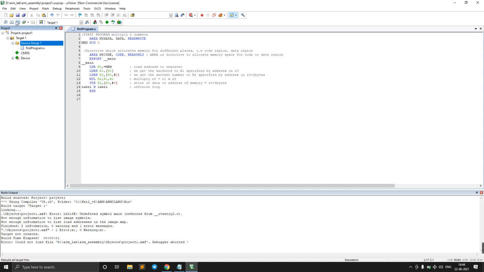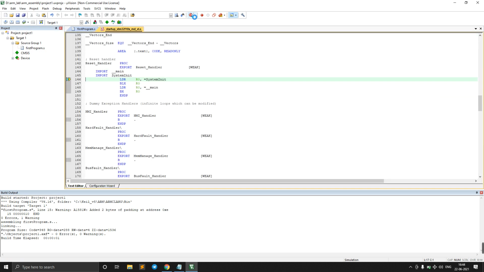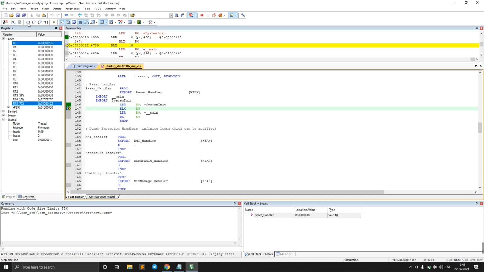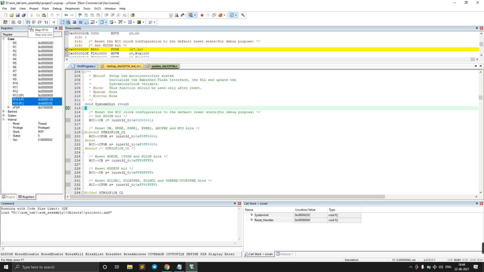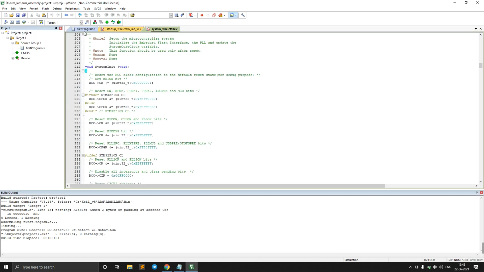So now if I build, and if I give the debug, then this will open the debug. But if we start running this file, it will open something like RCC, these configurations. It will not directly take us to our code. That means whatever we wrote in this code, it will not take. It will take us to some system